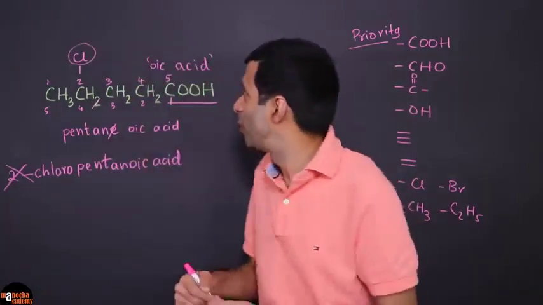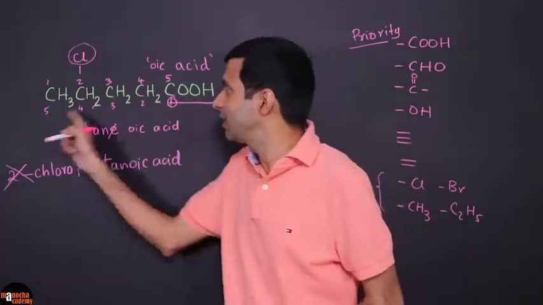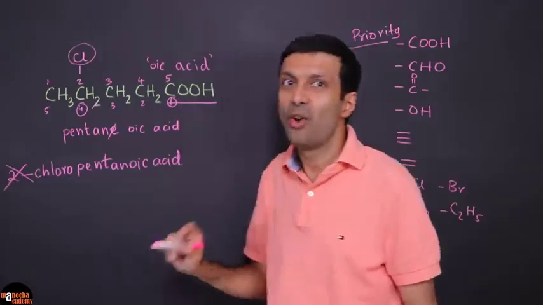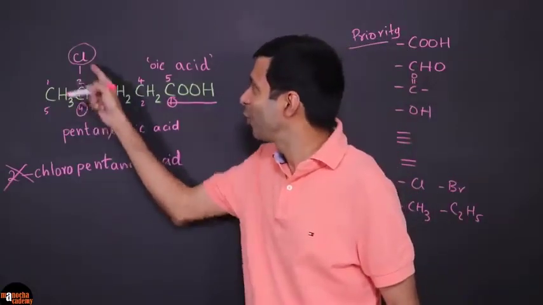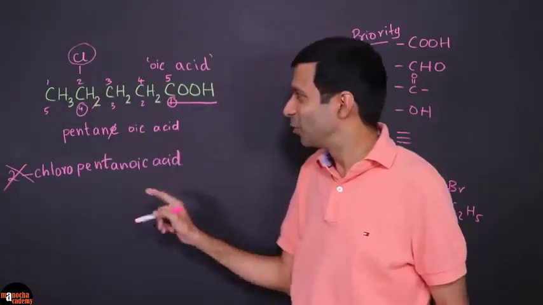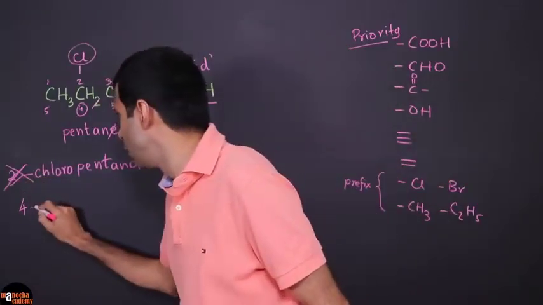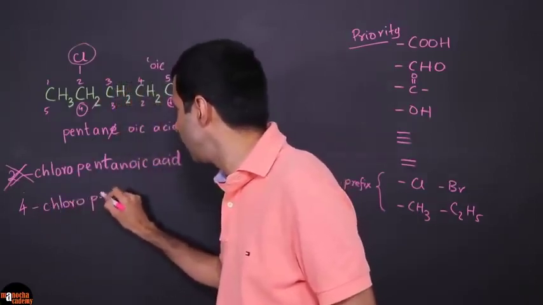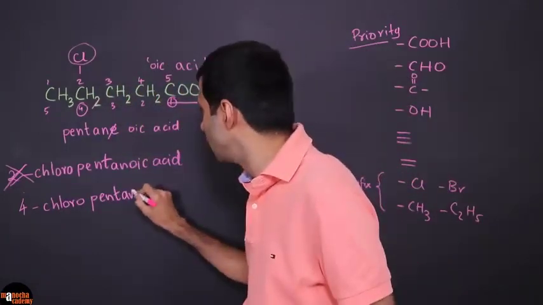So he wants position number 1, right? So we need to follow this numbering scheme, not this one. And the halogen is at position 4. So basically, what is this compound? It's a 4-chloropentan-1-oic acid, right? So we can simply write that as, instead of a 2-chloro, it's going to be a 4-chloropentan, but I won't write 1 because it's not needed. So it will just be